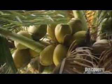Coconuts may be a lifesaver in this castaway situation, but they're also killers. People die every year from coconuts falling on their heads, and an average sized nut weighing 2 pounds can hit the ground with a force of 1 metric ton. These are the ones I'm after. It's these green ones that are the younger coconuts, and they contain